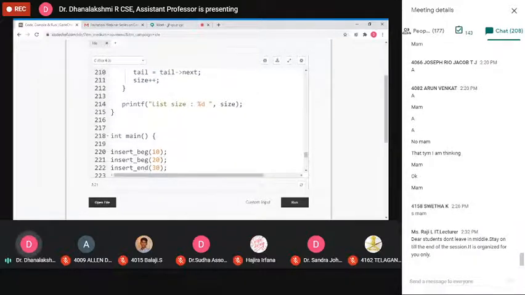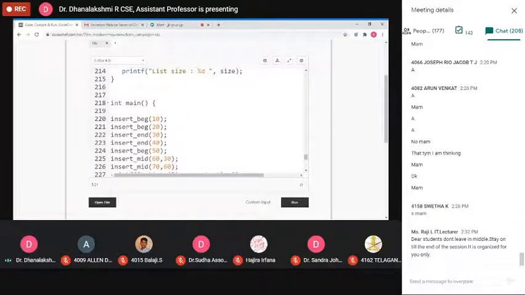Next, this is the main function. Here I call the functions one by one by passing arguments. What is the type of this function called? Any one of you? Ritika, roll number 4133, what is the type of this function called?